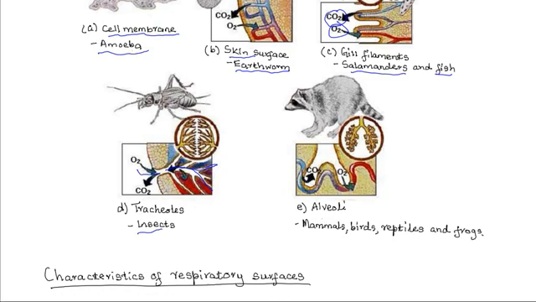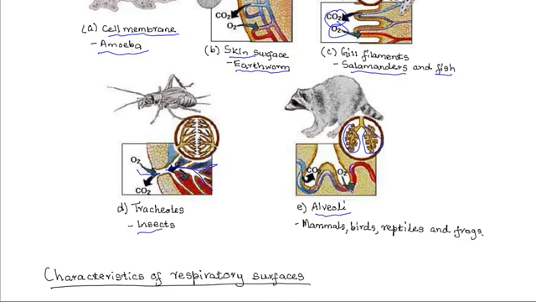While the terrestrial vertebrates such as mammals, birds, reptiles, and frogs, do have another type of respiratory surface made up of tiny air sacs which are exposed to the environment. So across the surface of these tiny air sacs, oxygen diffuses in while carbon dioxide diffuses out. So in these animals, we have these tiny air sacs known as the alveoli that present a very large surface